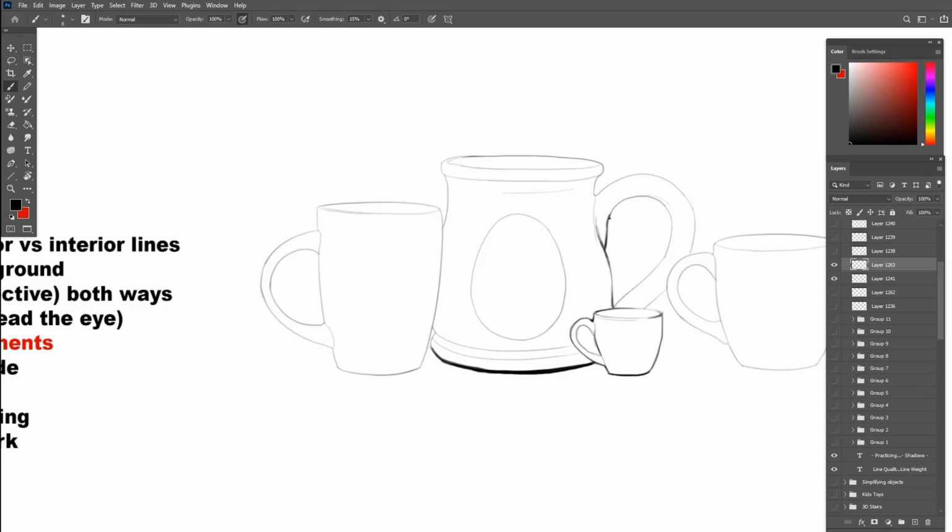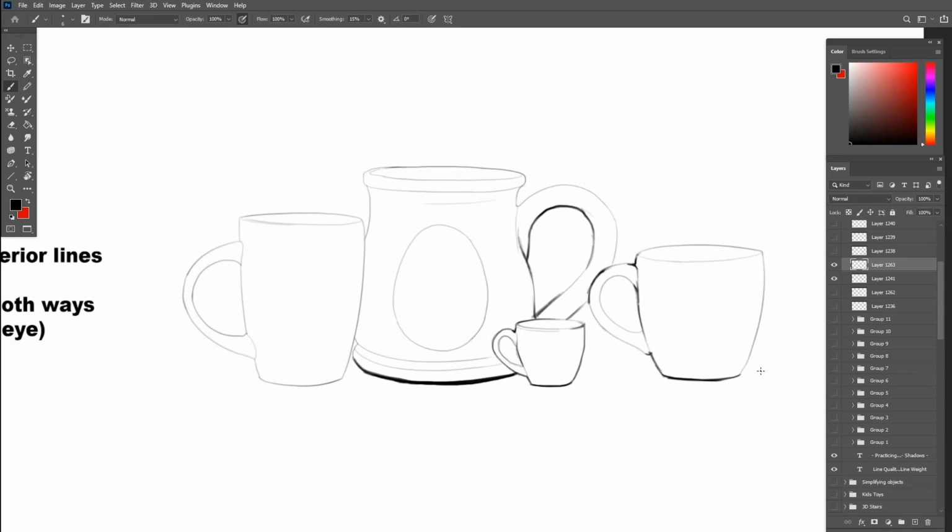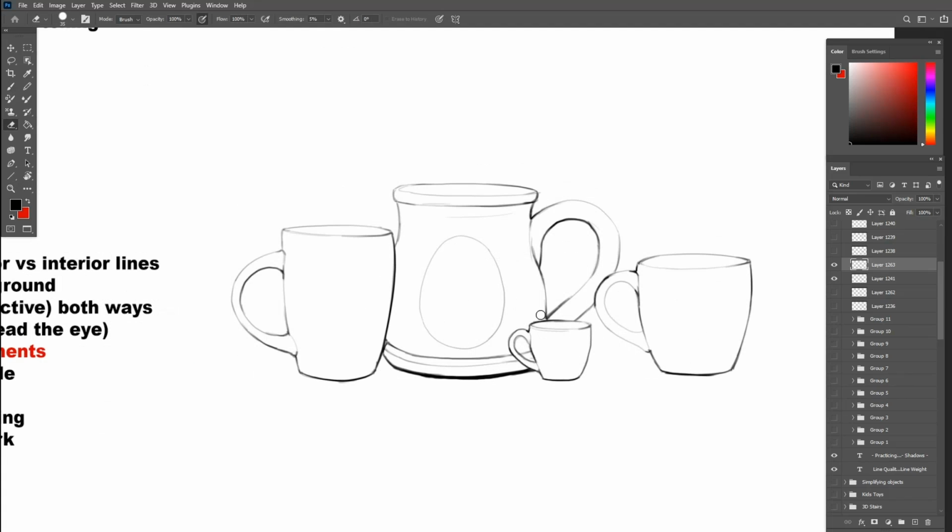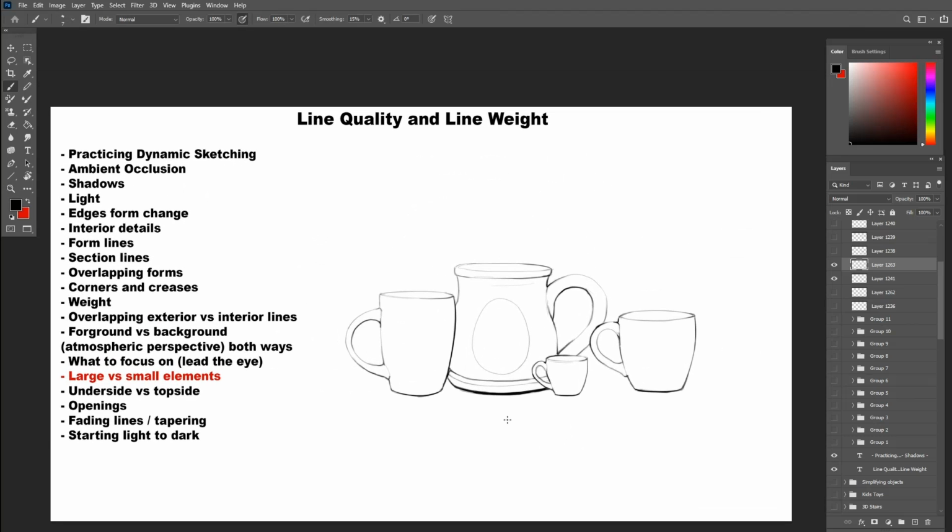As we move on to the medium objects, they will have line weight in the middle zone between the large and the small objects, which will also fit in the larger scheme of things. All these lines are not outlines, as you can tell. They will just be darker around areas where their form shift, like corners, creases, and changing angles, also overlapping and so on. As we look at it, we can see how every thick and thin line fits with the appropriate object size, and it looks much better than one line weight for all. Remember that every object will have its own properties, so adjust its line weight accordingly.